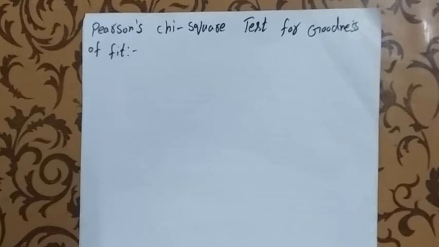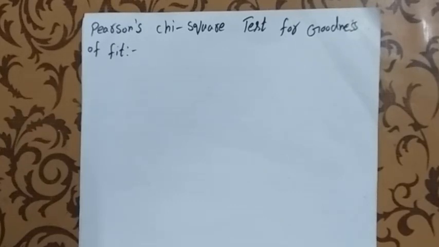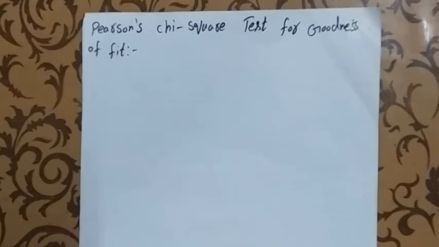Dear students, in the last lecture, we studied the chi-square distribution and also studied that there are two types of chi-square tests. One of them is the chi-square test for goodness of fit, and the second is the contingency table. In the previous lecture, we already learned about the contingency table, but today's lecture is on the chi-square test